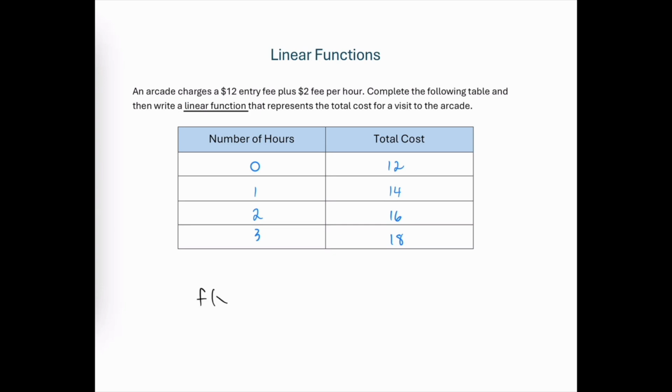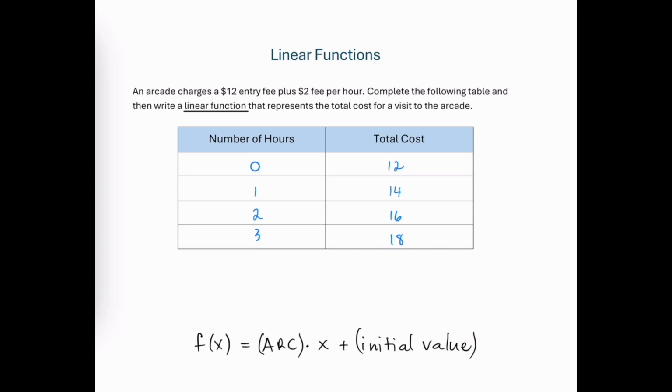A linear function, as a reminder, can be written as f of x is equal to mx plus b. But another way that we can think about that is that the slope represents the average rate of change in the function, or how quickly that function is changing, and that quantity is multiplied by x. The y-intercept can also be interpreted as the initial value of the function. And if we think about it from this perspective, it's a little easier to extract this information to come up